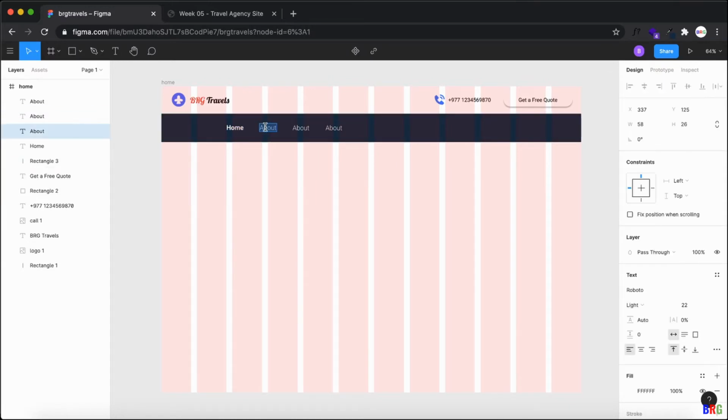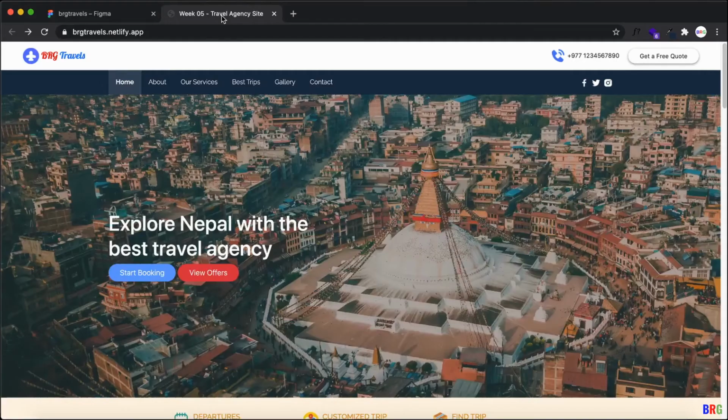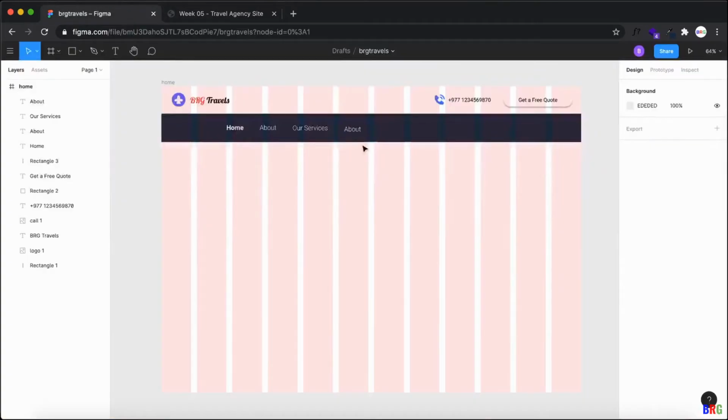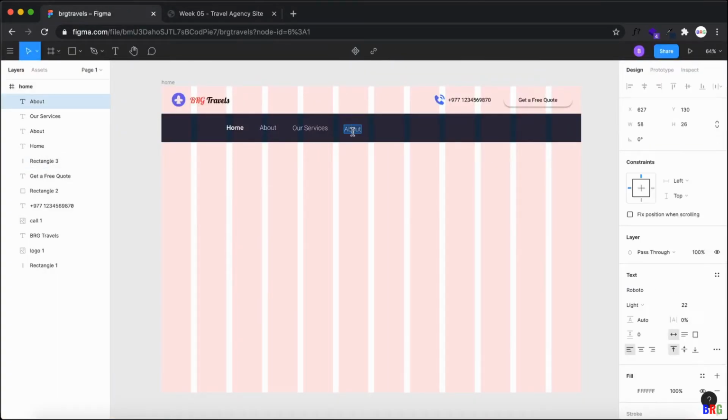Let me create about and then our services. So this has actually disbalanced our spacing at 55, you can see here. Now I want to get best trips, gallery and contact.